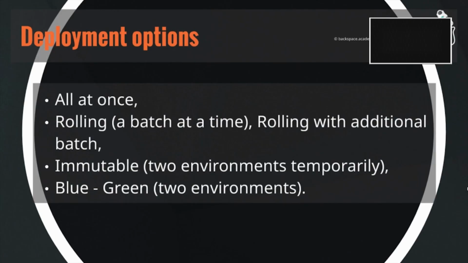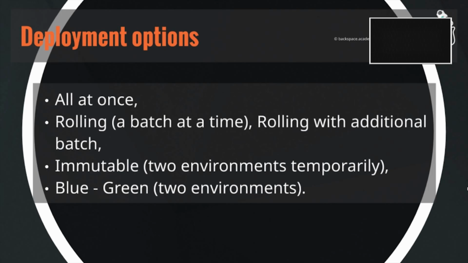Just the same as you've got a number of options available for the architecture that you're deploying to, such as a single EC2 instance or a highly available and fault-tolerant architecture across multiple availability zones, you've also got a number of different deployment options. For example, if you've got 20 EC2 instances, an all-at-once deployment will deploy across all of those 20 EC2 instances at once. The downside is that while that is occurring, your architecture won't be able to respond to requests. So that's obviously not a good thing.